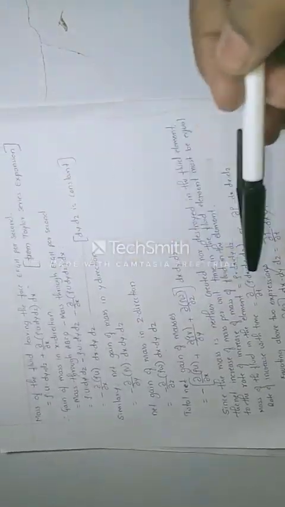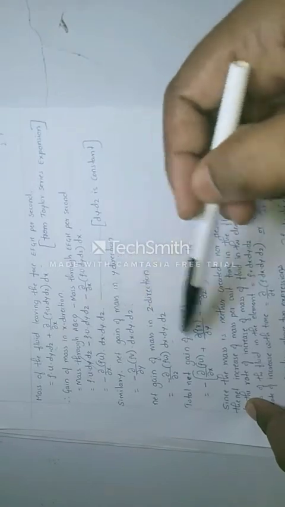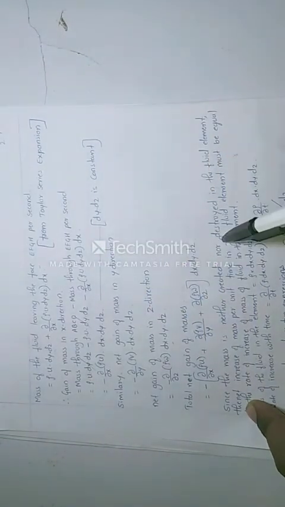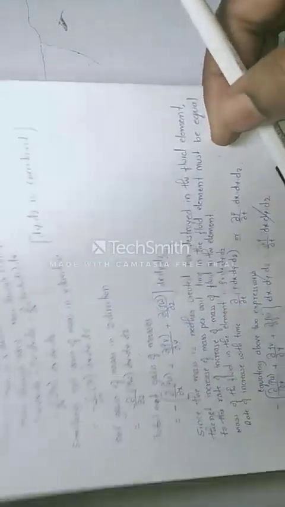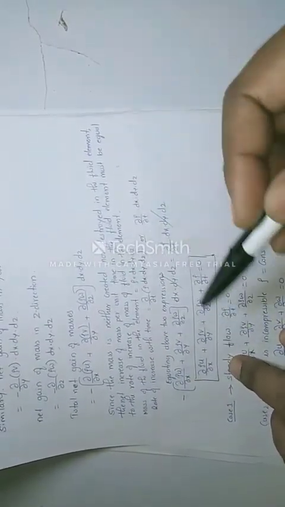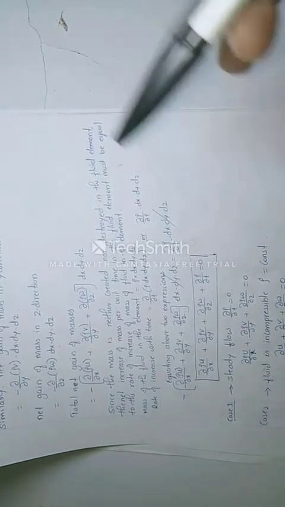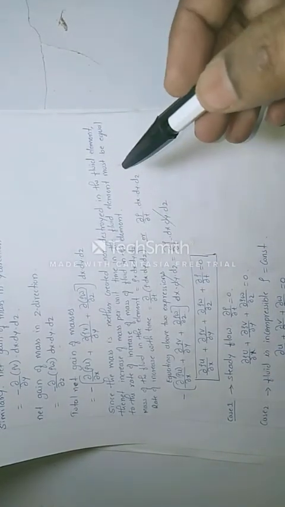I'm not going to explain the derivations in detail, since you already have the notes for this, so you can go through them. Here I'm just going to explain the important concepts,